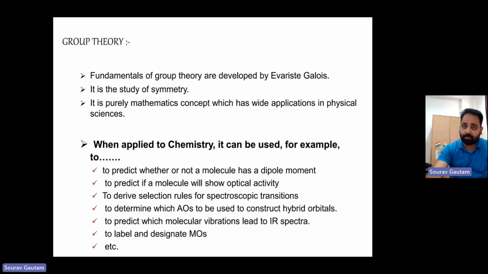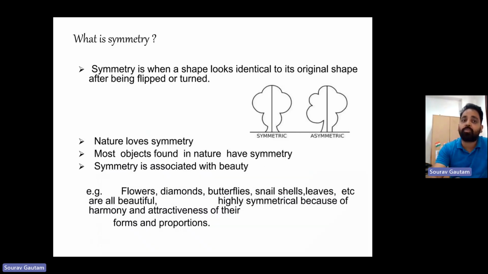So, friends, as we know, it is the study of symmetry. So, what is symmetry? Symmetry is when a shape looks identical to its original shape after being flipped or turned. This is called symmetry. Symmetry elements are geometrical entities, axes, which are related to the effect of symmetry operations. These are a line, a plane, or a point with respect to which one or more symmetry operations can be